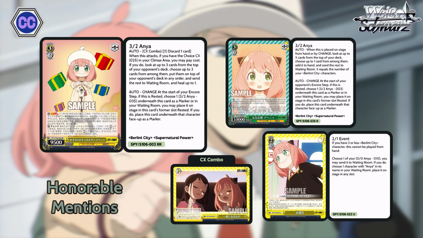deck. Choose up to 3 cards from among them, put them on top of your opponent's deck in any order, and send the rest to waiting room, and then heal up to 1. And then change with Green Anya, 10k base. When she's played from hand or by change, look at up to the top X cards of your deck, and grab a card, add it to hand, where X is the number of Berlin City characters you have on